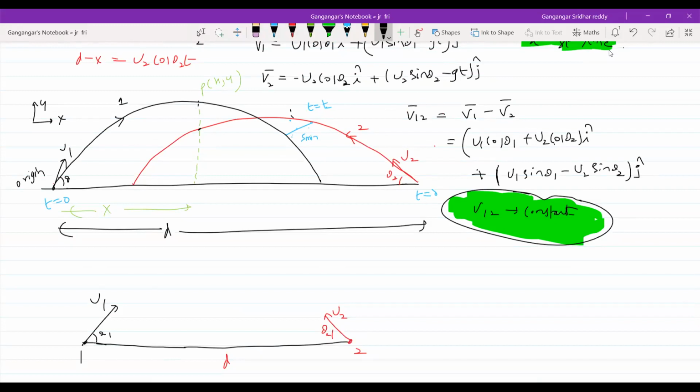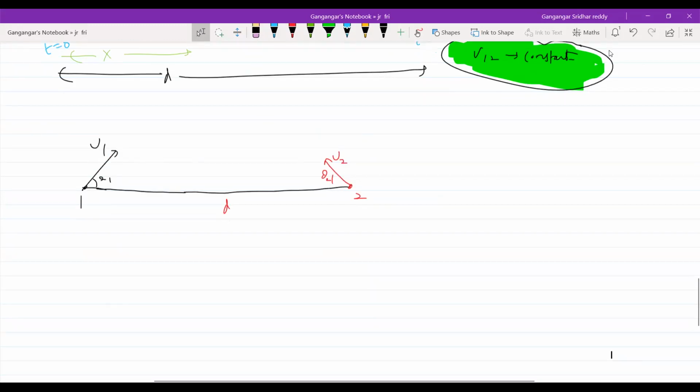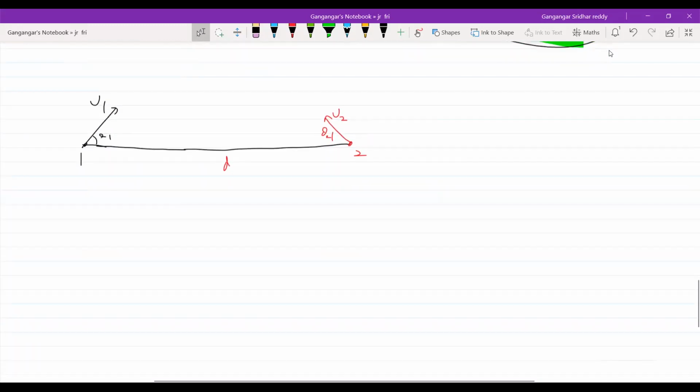Or we'll calculate once again. What is there in that one? I'll proceed into the problem. At t equals 0, both are here. Even gravity, if you want to show it, will not have any impact on the relative motion. So let me first define all these velocity vectors. What is u1 bar?